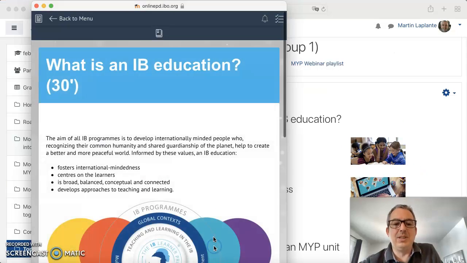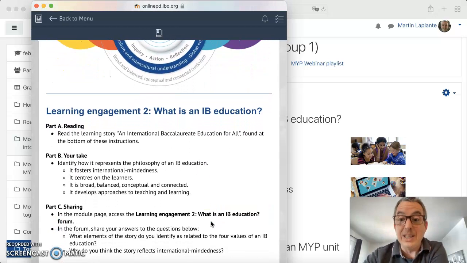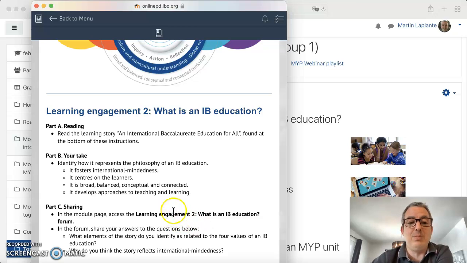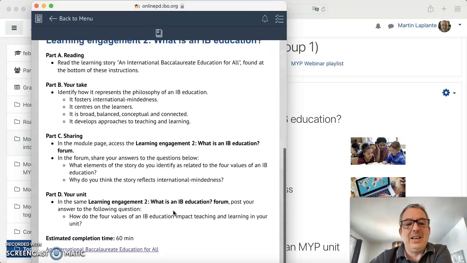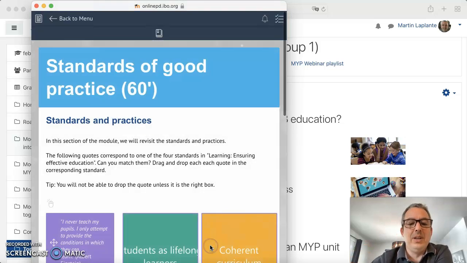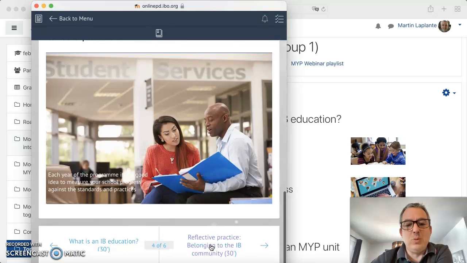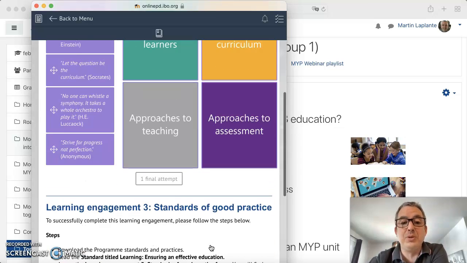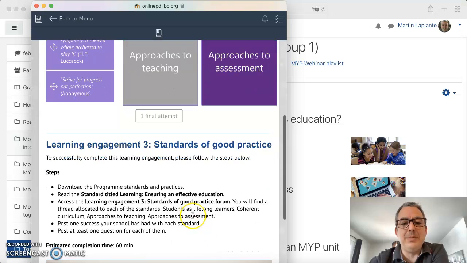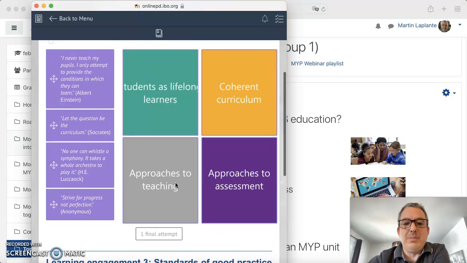If I go to the "What is an IB education", we will see that in Module 1, we basically focus on what it means to teach within the IB program. One of the documents that I like a lot is not there, so I'll have attached it to my post, you'll see. Here, the standards. When we are doing evaluation visits, we use standards, so it's always good to go and read them. You'll see that here I will ask you to read the standard, which is the 04, which basically gives